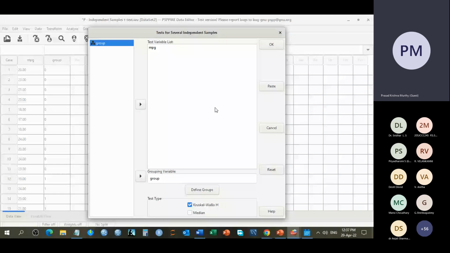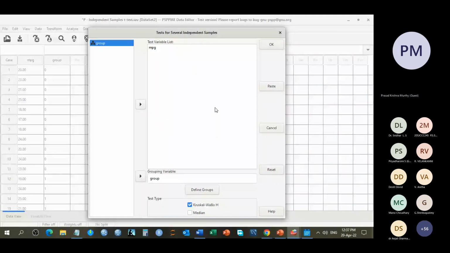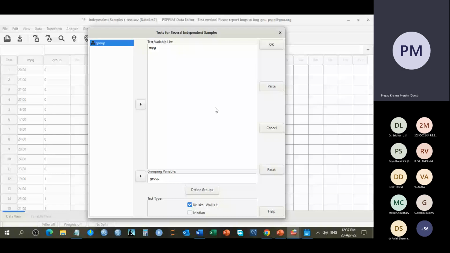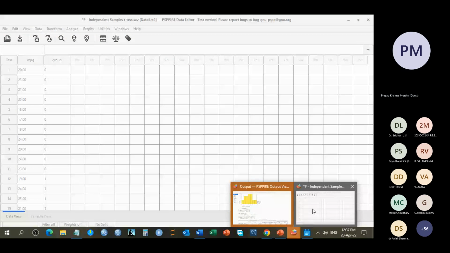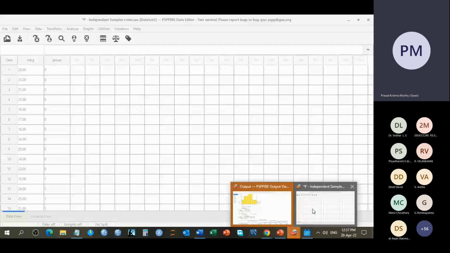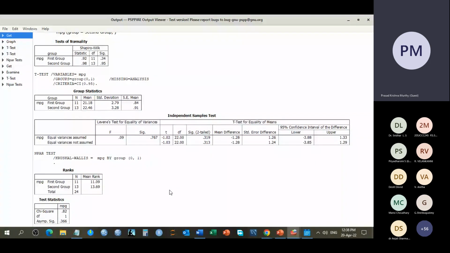The Kruskal-Wallis H test is a popular test which is used here. So if you say okay, you get the result. Now here, the non-parametric test also says similarly, because even though there were 11 and 13, and the data are like ranks instead of actual numbers, they were different groups. 11 is rank 11, 12 is rank 12, instead of 11 kilometers, 12 kilometers per gallon. So when it has been converted like that, you try to see if there is any significant difference between these